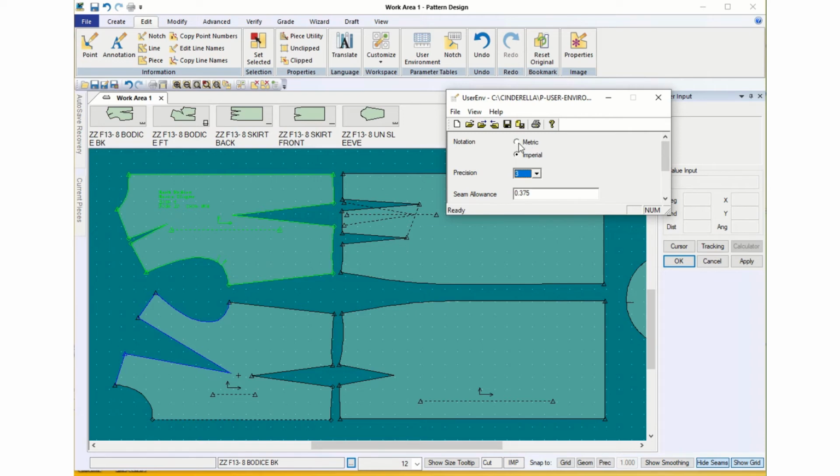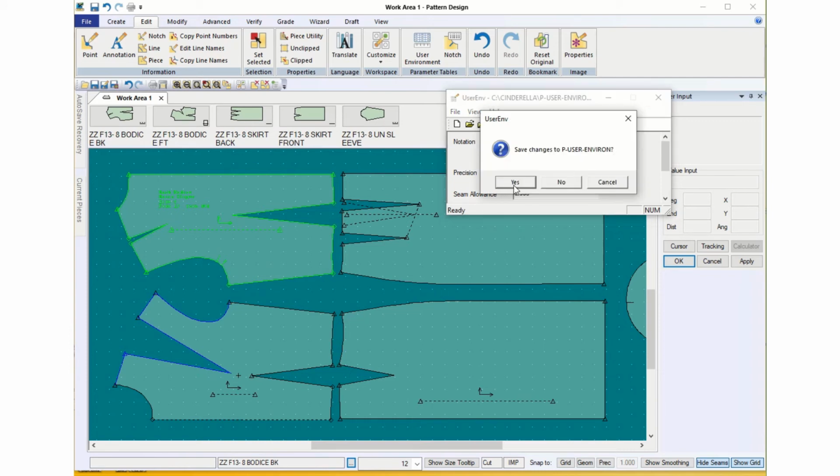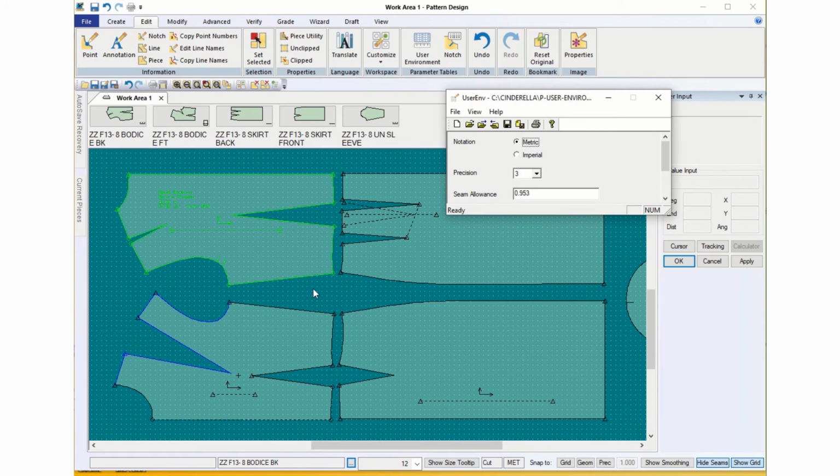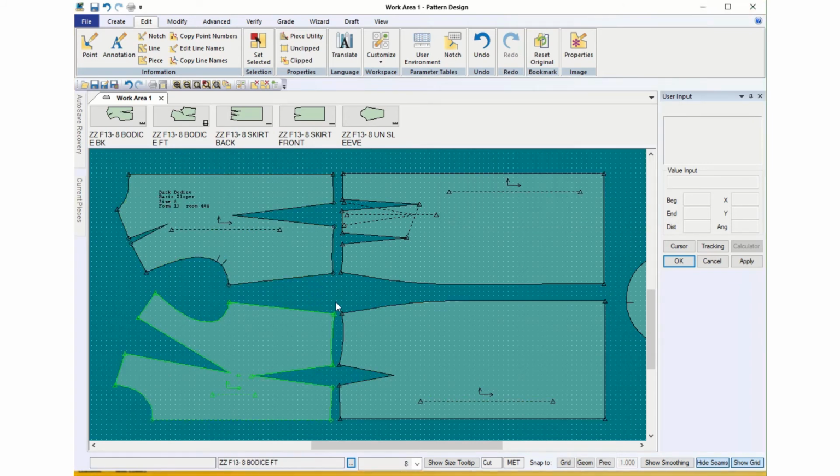You can also have metric. I just said that, didn't I? Okay, so if you accidentally have metric, I'm showing this to you so that you will recognize it when you're accidentally in metric, and I close this and say Save Changes. All of my points got closer together because this is in centimeters now, and they're closer to 1/2 inch than an inch. And you can tell that it's metric by the size and by the fact that it says